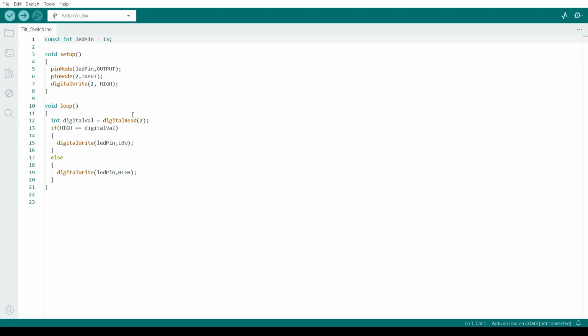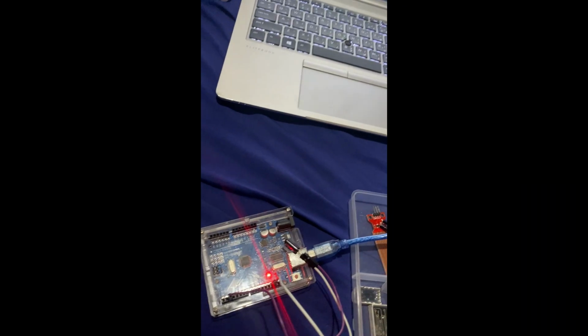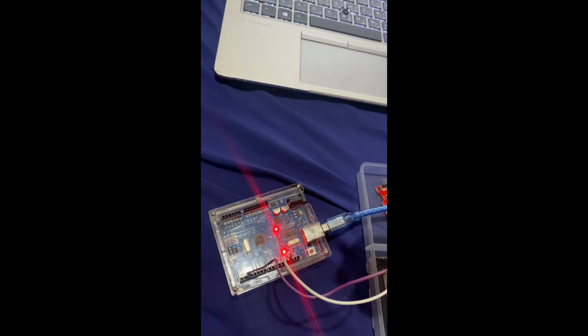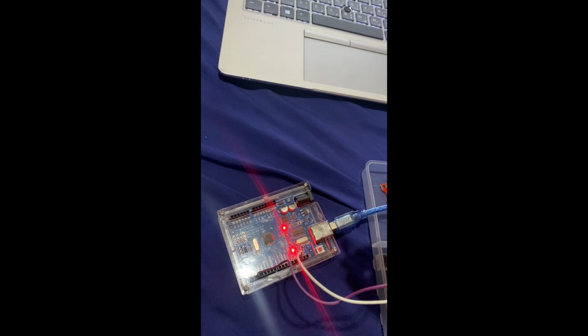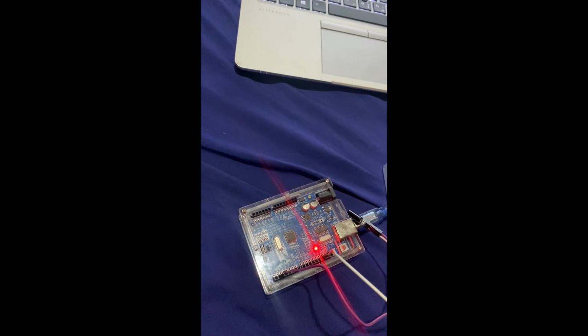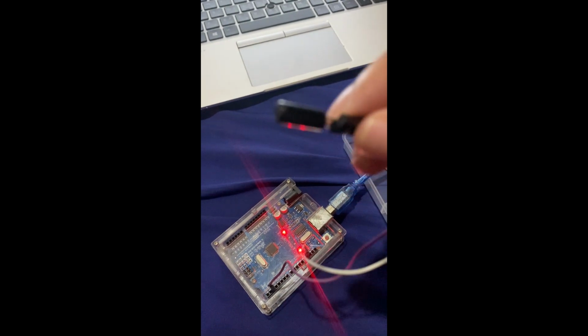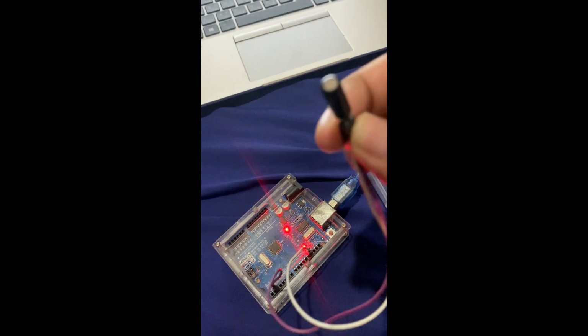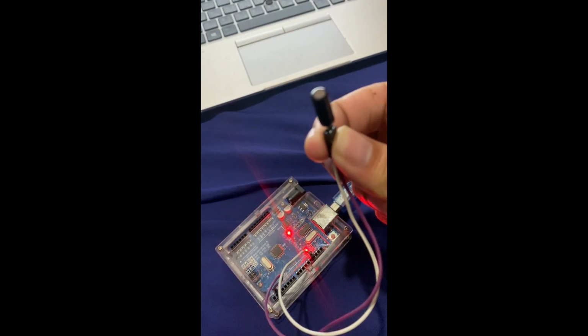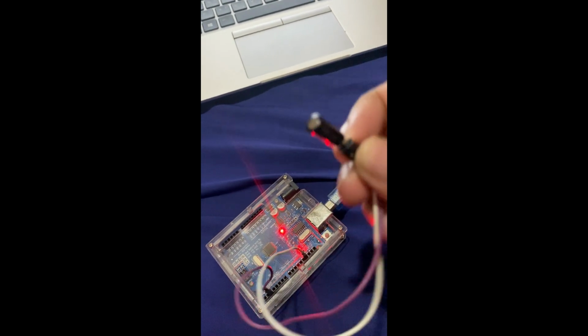So I will show you my output. So this is my output now. I connected the male to female wires to the tilt switch and then connected it to the breadboard, and then my USB cable was connected to my laptop, and then I was able to code this to make it functional like this. If I tilt down it will turn off, and if I tilt it up it will light up. So that's it.